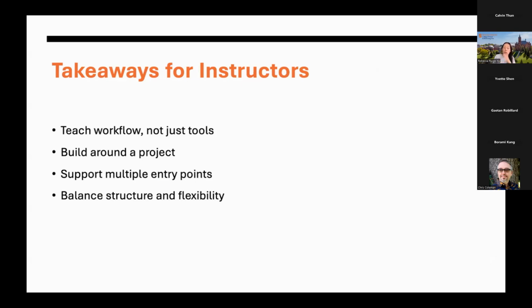They don't necessarily always follow the workflow exactly the same way. And that leads to the last point, to balance structure and flexibility when working with different students on their different projects.